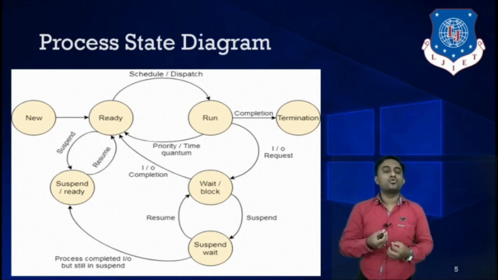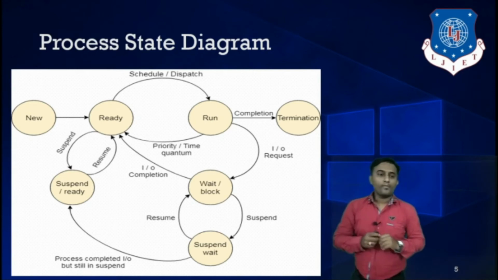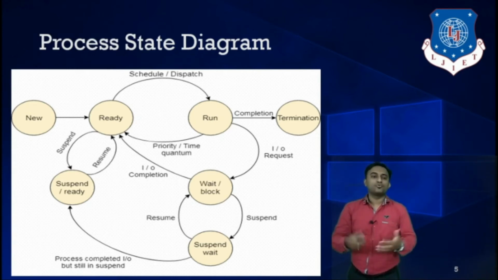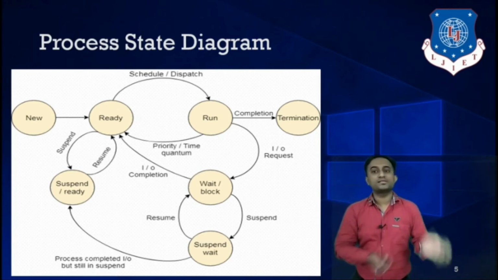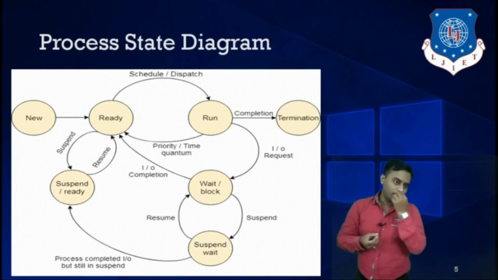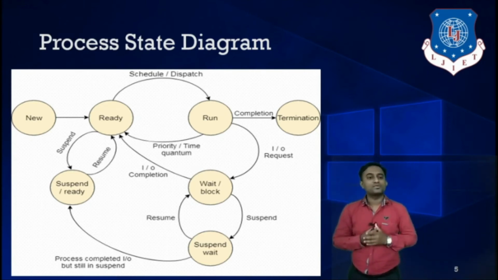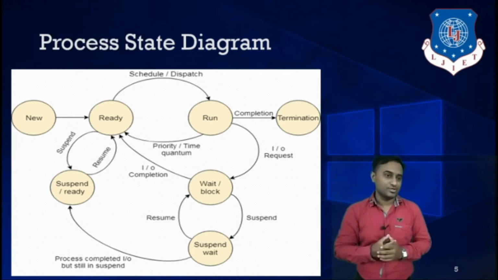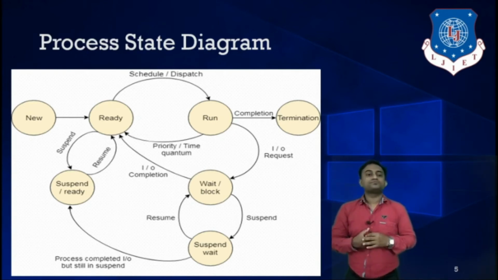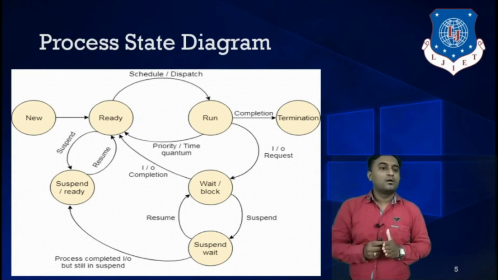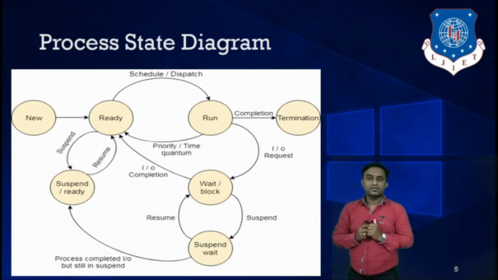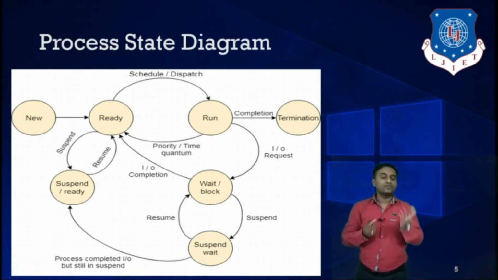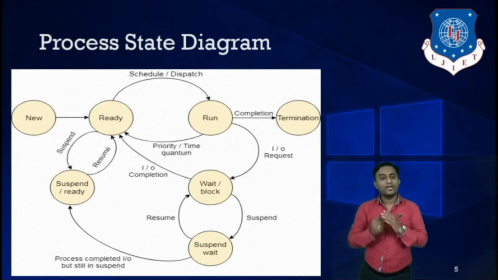So if you want to increase the degree of multi-programming, you can fetch more and more processes and allocate them into the main memory for execution. That preemption activity can be performed if any high priority process occurs in the system or gets entered into the ready queue.